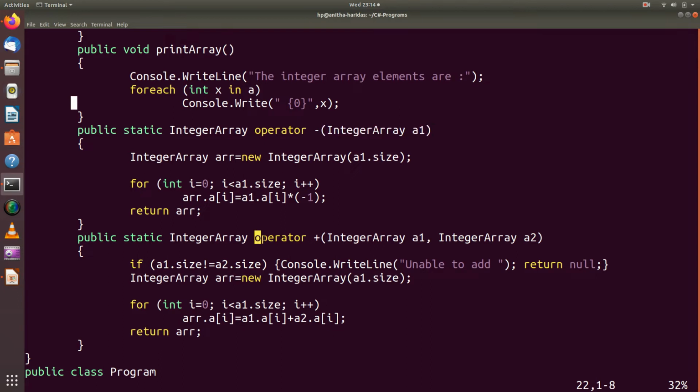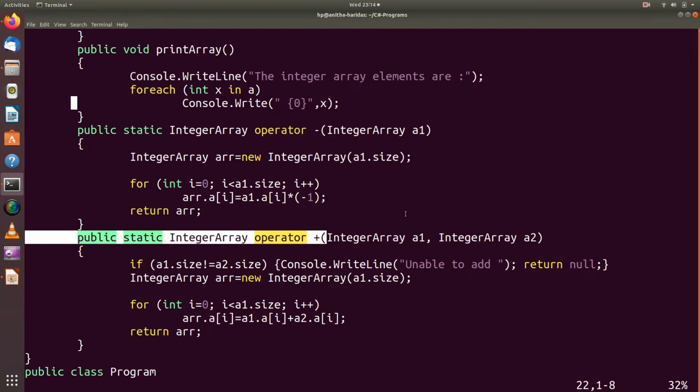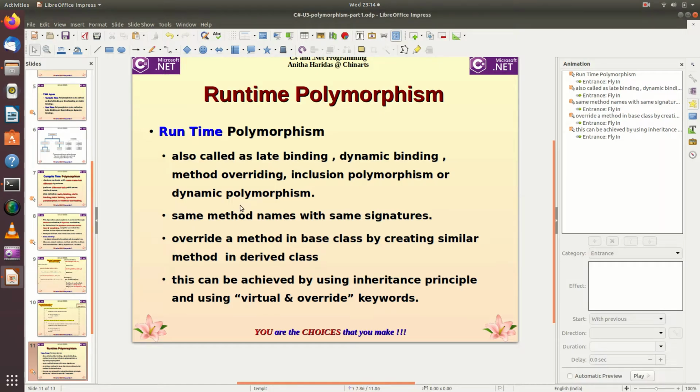When I use a binary operator to overload, I am having two arguments because X plus Y. Binary operator, you will have a left operand and right operand. So this becomes the first operand, this becomes the second operand. So this is how we achieve compile time polymorphism using operator overloading.